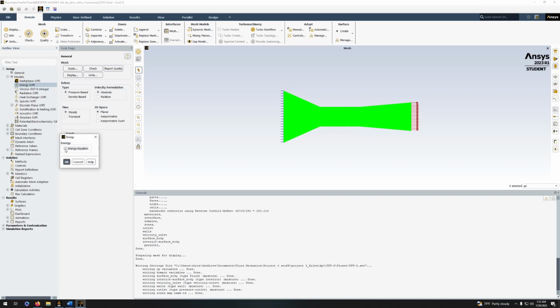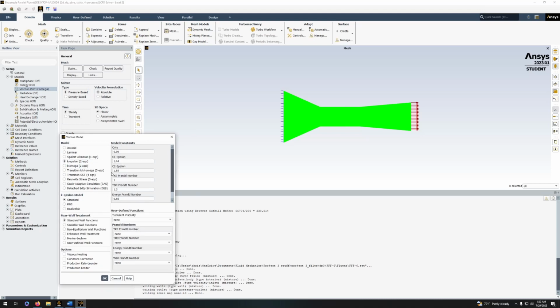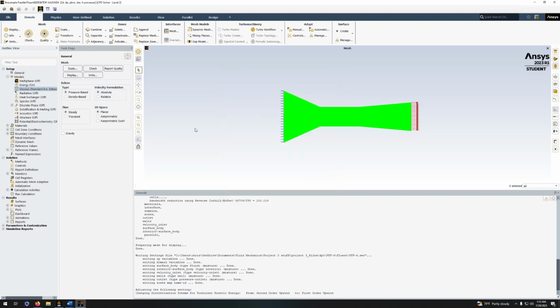In some of the other tutorials they were turning energy on. I'm going to do that as well. Change this to K epsilon two equations. Make this enhanced wall treatment, pressure gradient, and thermal effects. Now we're going to be okay here. So then we press OK, and then